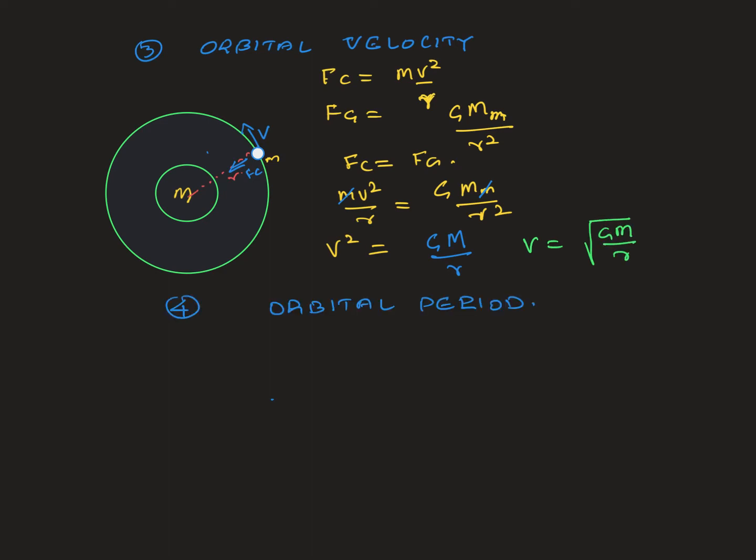So to find the orbital period, we can use the same equations, which is Fc is equal to Fg, but we have already done that, so we derived an equation v squared is equal to GM over r. But we know